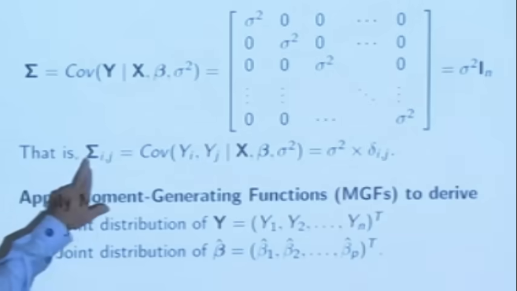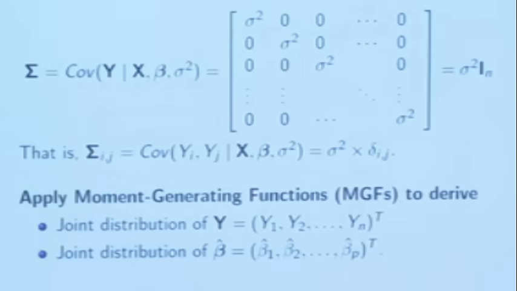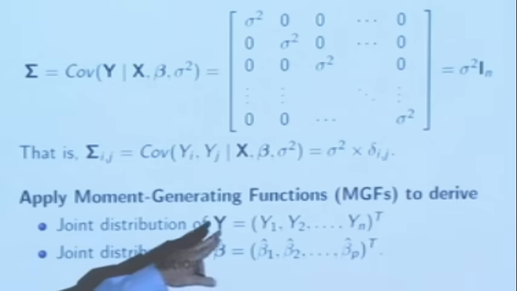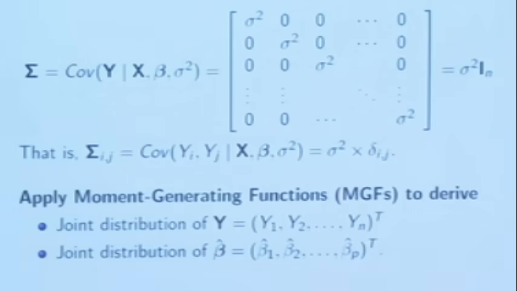And so basically sigma ij is equal to sigma squared times the Kronecker delta for the ijth element. Now, what we want to do is under the assumptions of, and so